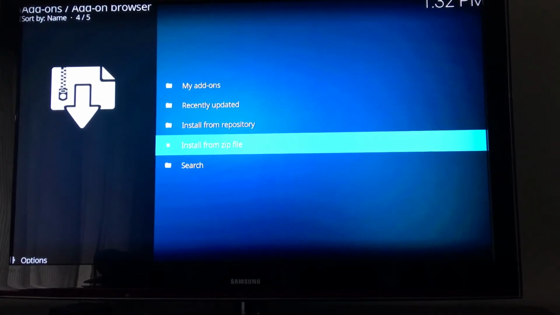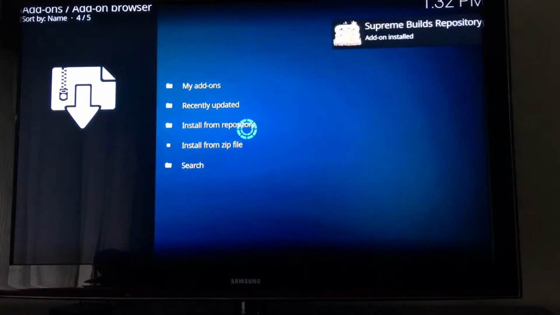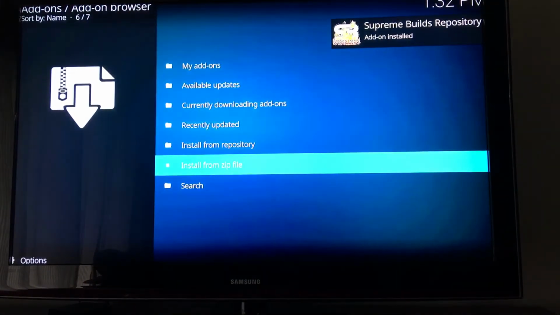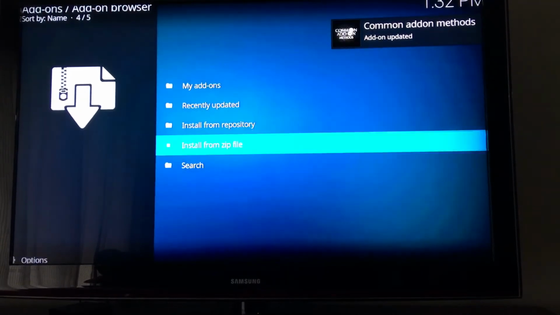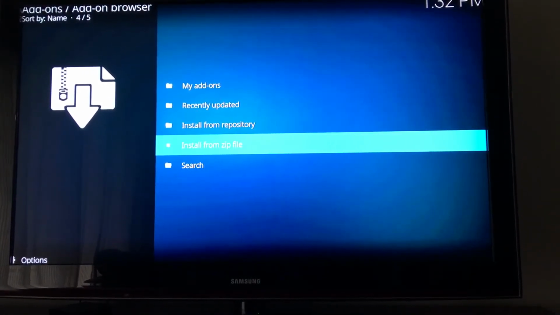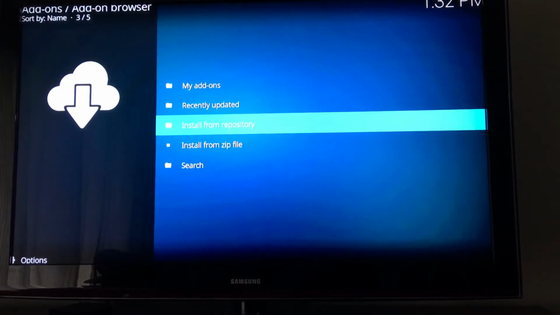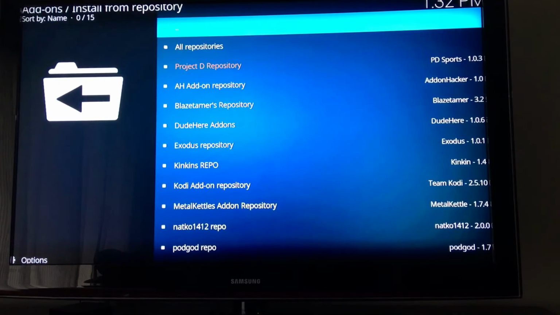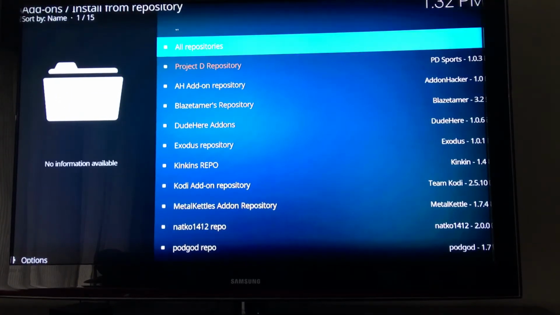And we'll wait just a second. It should come up pretty quickly, a little box up at the top right of your screen once that particular file is installed. And there we go, Supreme Builds repository add-on installed. So now we're going to go right up to install from repository. We're going to go ahead and click on that. And now we want to go down,